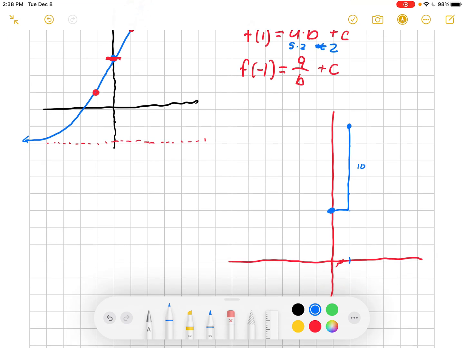Okay. We can do the same thing going down. We have 5 over 2. Should be going down 5 halves. Our next point would be right there. You would flip those for decay, meaning if we were pretending this is a decay function, we'd go down 10 and up 5 halves. But this is a growth function. From there, you could connect the dots together, and you'd have your graph. All right, as always, let me know if you've got